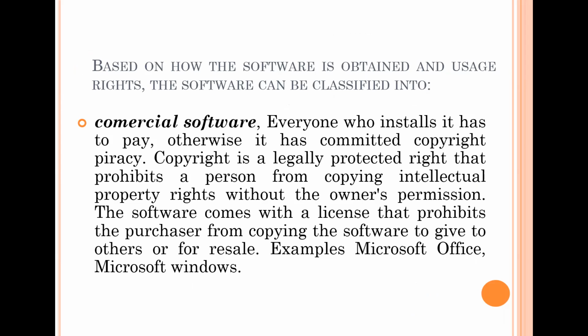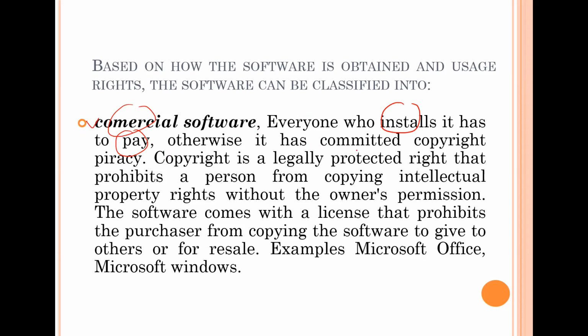Okay, well, when we talk about software, probably you guys will meet several types of software here. We can see there is commercial software, meaning everyone who installs or uses this software has to pay. It means it's commercial, right?